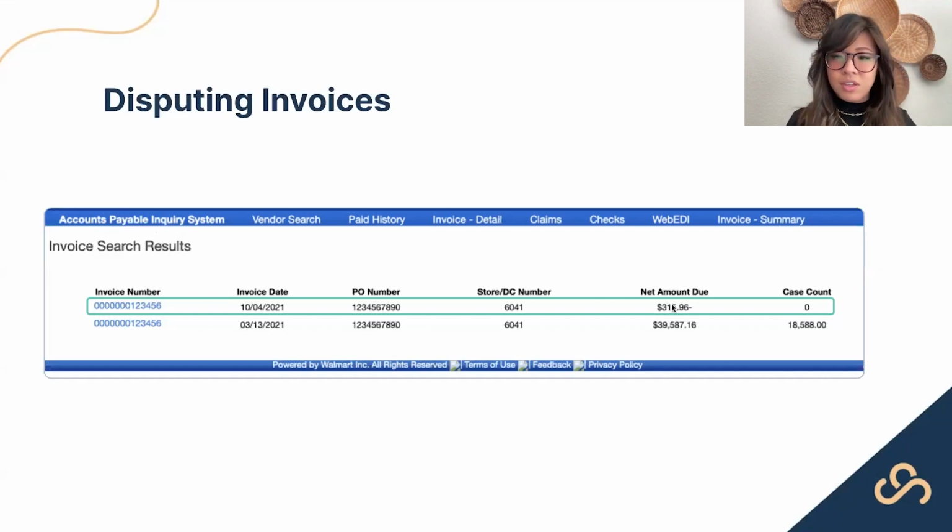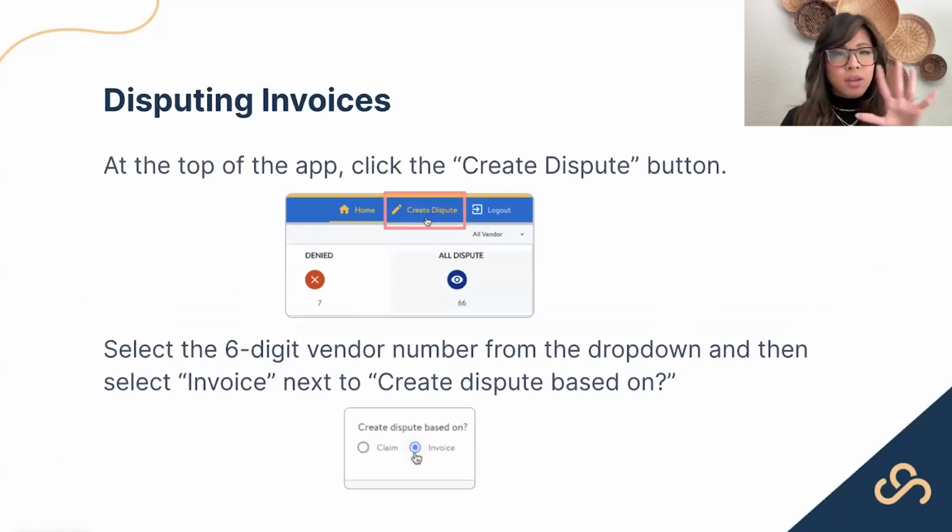So again, you guys can see here, this minus amount is essentially what Walmart has deducted for the entirety of this invoice. I am not going to get too deep in the weeds because the process is pretty similar to the claim side. I'll just point out some of the differences between disputing a claim versus an invoice. So obviously, when you create the dispute, you're going to create the dispute based on the invoice